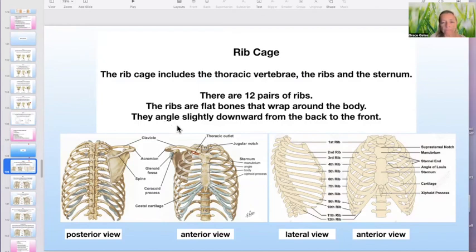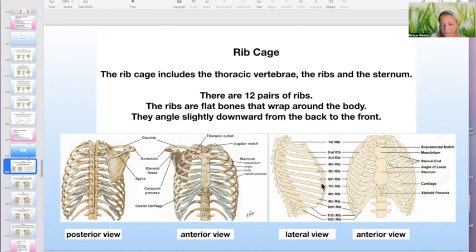So the rib cage includes the thoracic vertebrae, the ribs, and the sternum. And then you have your barrel-shaped thoracic cage or rib cage. Okay, 12 pairs of ribs. You can count them out. It's nice to do every once in a while. They're numbered in both pictures. And we can see that they're flat bones, and we can see that they angle slightly downwards from the back